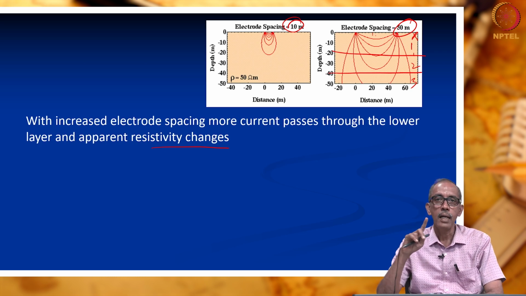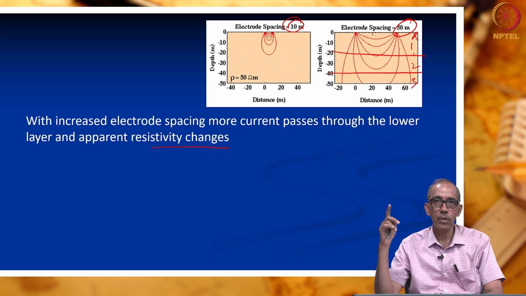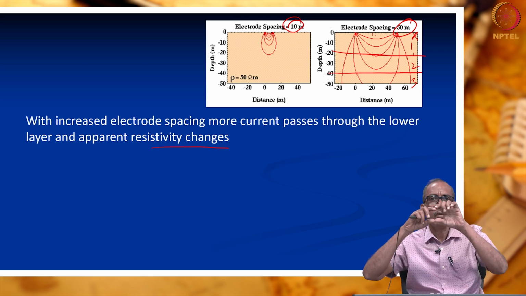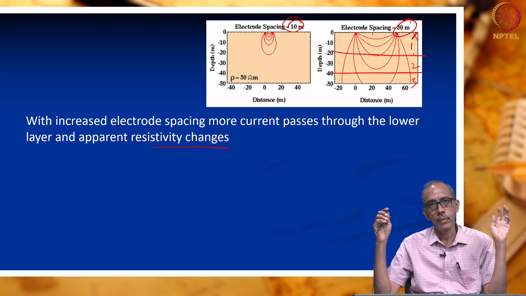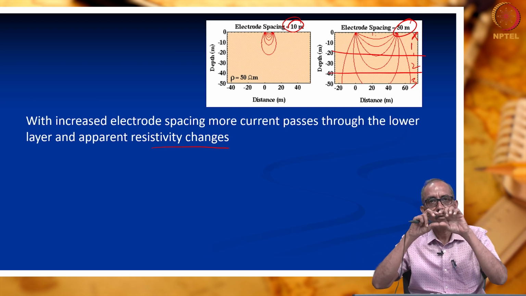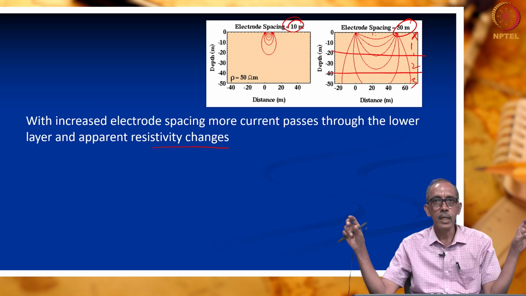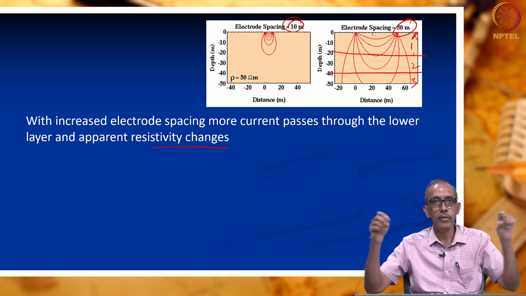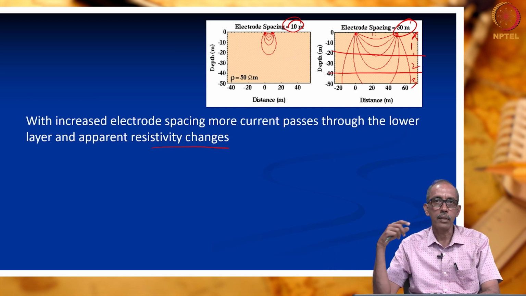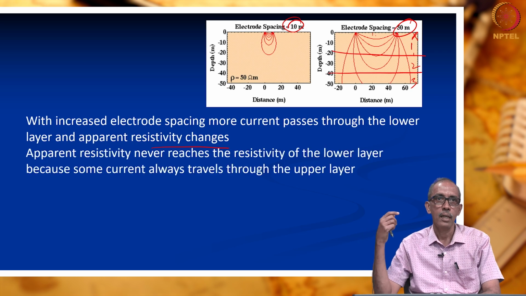But one thing is clear, as you increase the spacing between the electrodes, depth of penetration will increase, unless surprising resistivity values exist in the layers. Do you understand? That means whatever I said earlier is also applicable. Suppose you have a very highly resistive layer at the top surface, current will not pass through at all, whatever the distance. Similarly, if you have a very conductive layer, say the top 5 meters is only clay, even if you keep the electrodes at 100 meters, current will be flowing only in the top layer. So, we have to be cautious about this too.